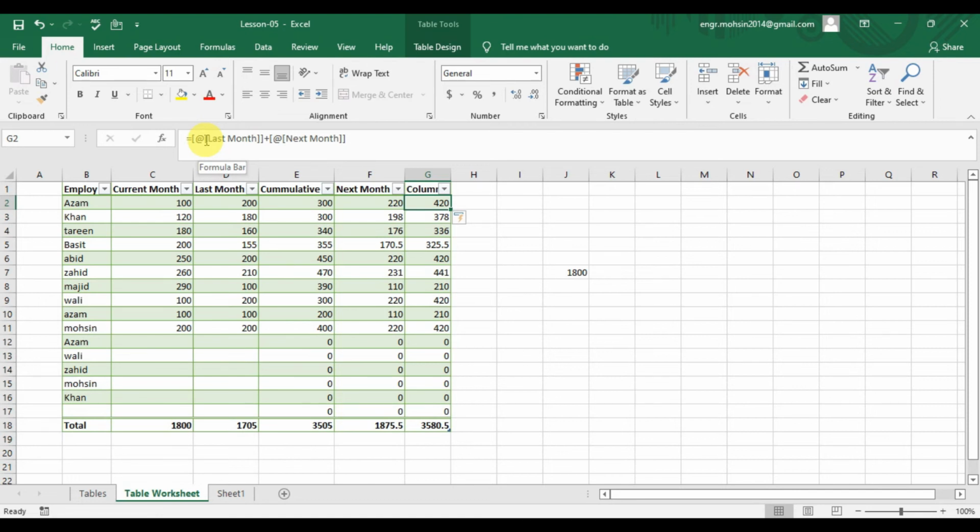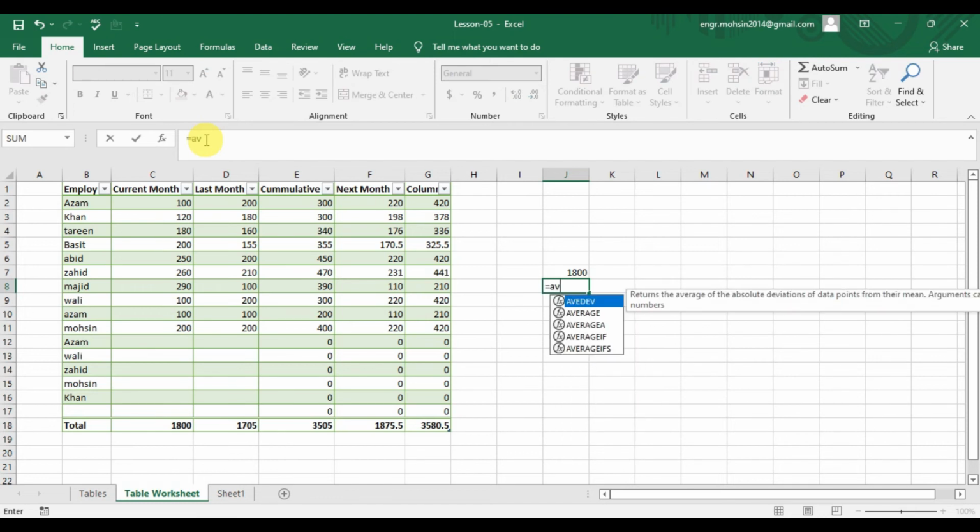So this is basically the nomenclature which we are using in Excel table. If you have to add any two cells, or if you want to calculate the sum or anything in Excel table, you can use the structure references, and by using the structure references you can find the sum, you can find the average, anything from your Excel table. For example, if I want to calculate the average,